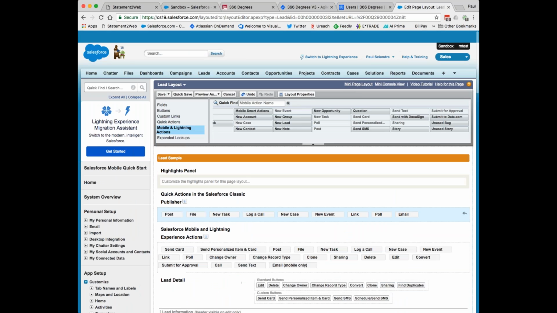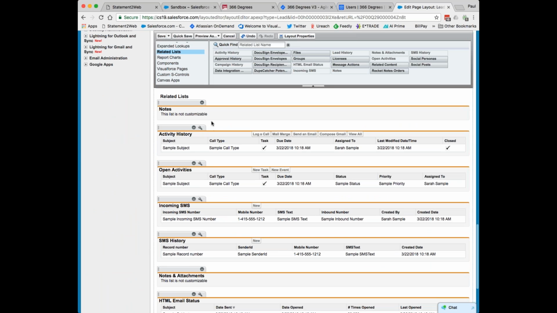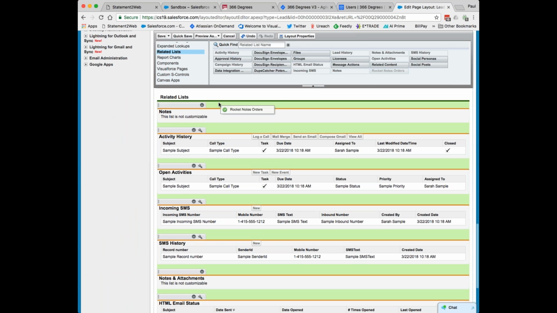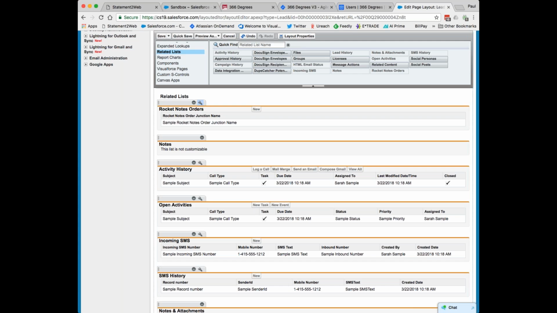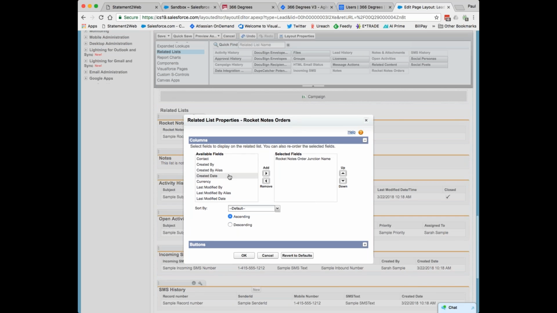Right, and then what we want to do is pick related lists, and it should drop you down to related lists. We want to pick Rocket Notes Orders and add this right here. And then we're going to go in and adjust Rocket Notes Orders. So first, let's add some fields. We need status, we need order number, and we need shipping, tracking,